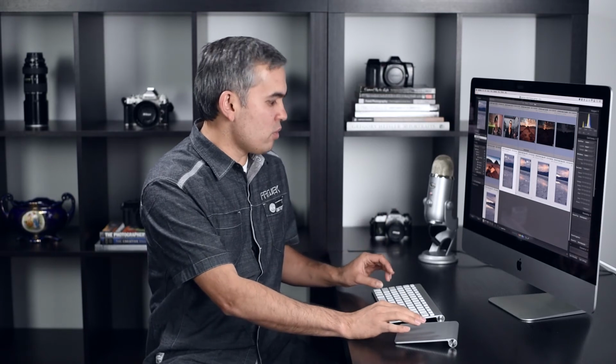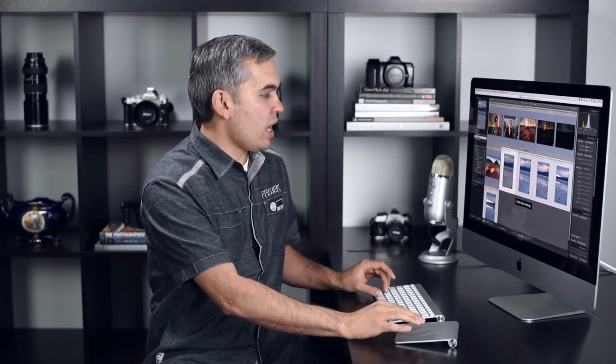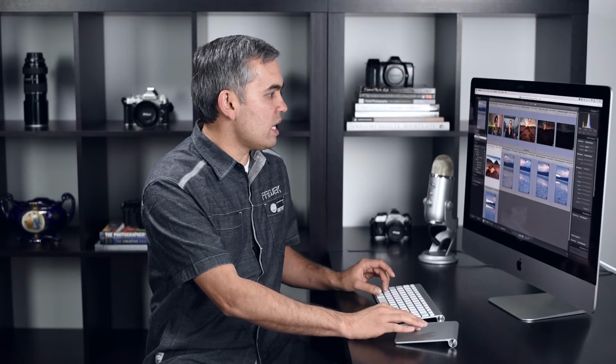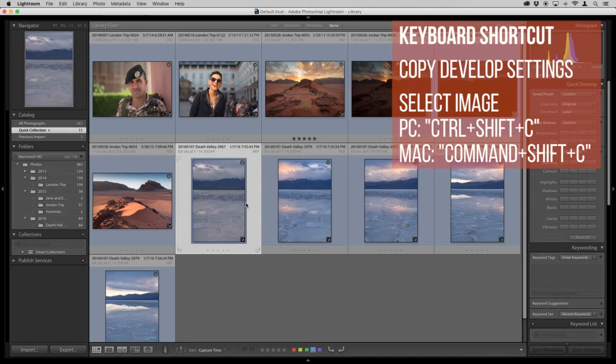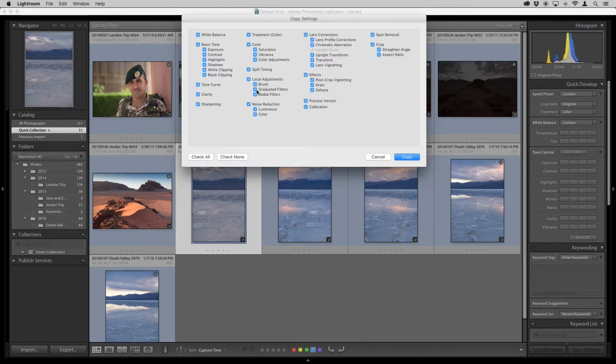So far we mentioned that keyboard shortcuts can save you a lot of time in Lightroom, and this is one of those things that you can use the keyboard shortcuts for as well. So here what I'm going to do is I'm going to undo the last change, and if I select the source image and I hit Command-Shift-C on a Mac or Control-Shift-C on a PC, this window comes up and I can select these different options, or in this case I'm just going to check everything and copy.